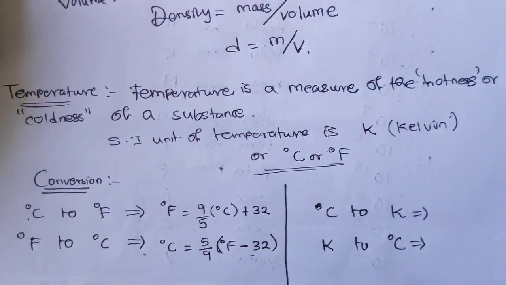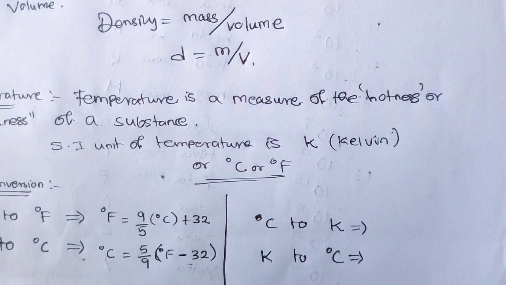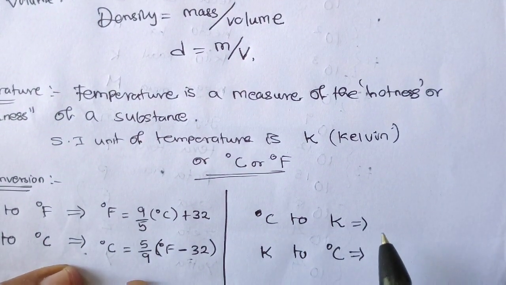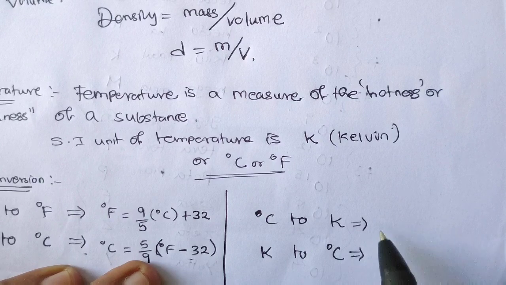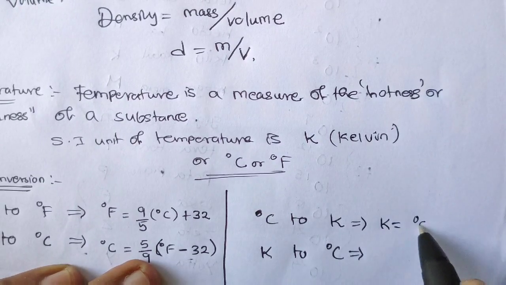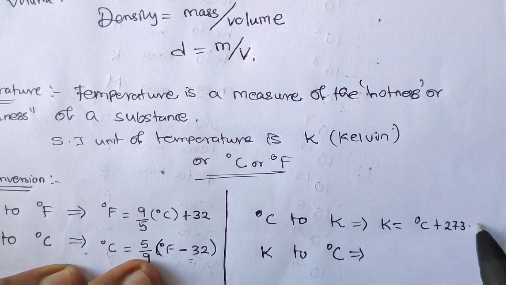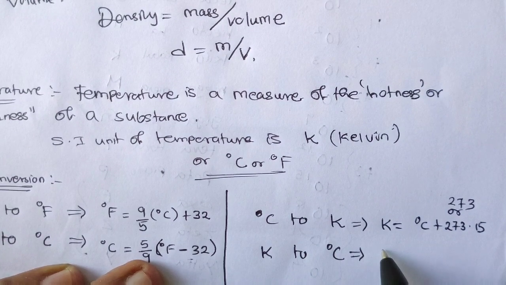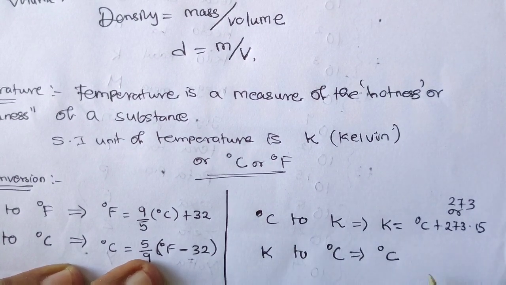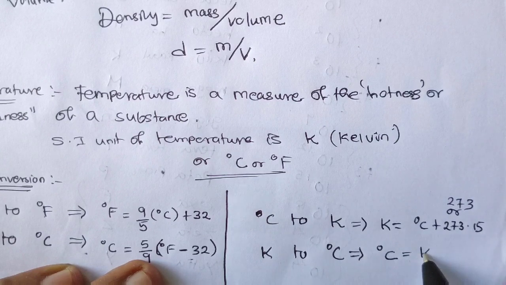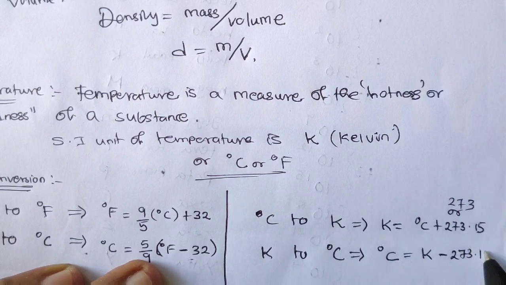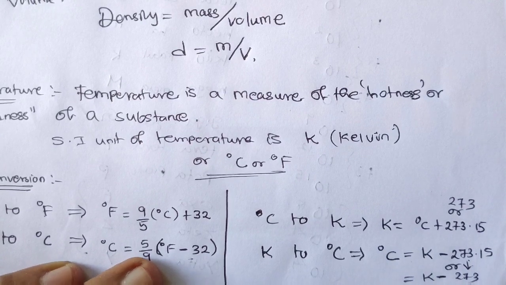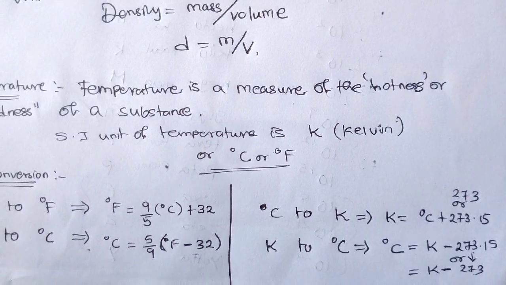Okay. Now the next given here is conversion of Celsius to Kelvin. When we say Celsius to Kelvin, K will be equal to degree Celsius plus 273.15, you can take, or only 273 also you can take. And conversion of Kelvin to degree Celsius is Kelvin minus 273.15, or just instead of this you can write 273, that is K minus 273. Understood? So this is the thing of temperature we have discussed, right?